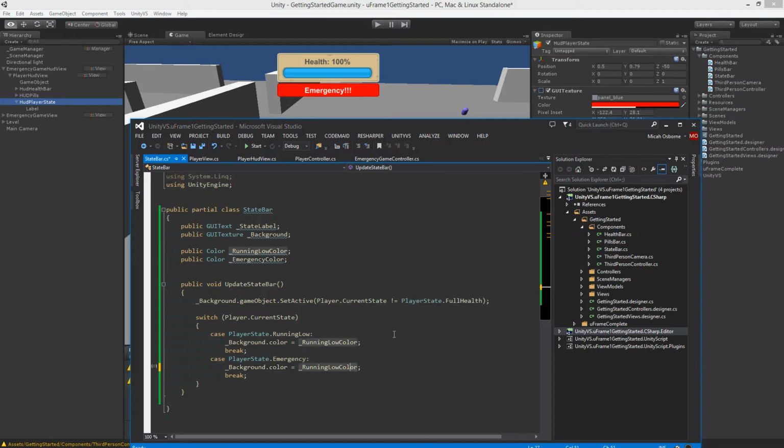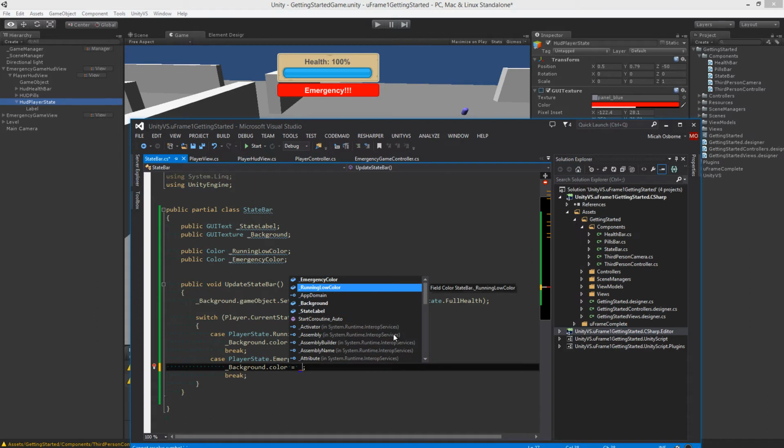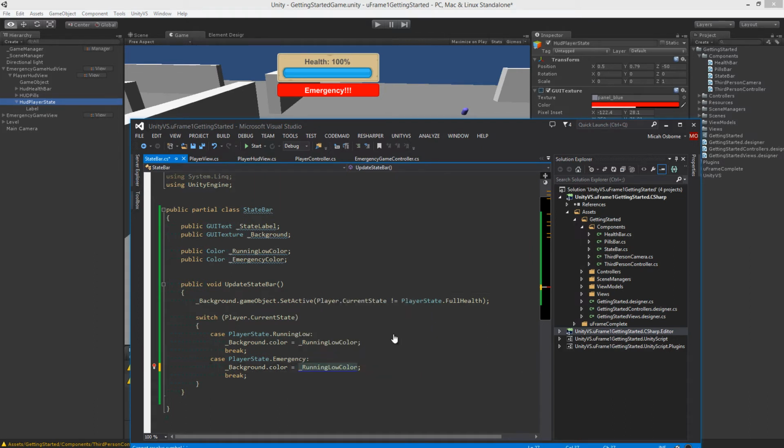Oh, great. That always scares me when it does that. I don't know if my Visual Studio is about to crash or what's going on. I'm just like, what are you doing? Alright. So the background colors now. If we're in the emergency state,